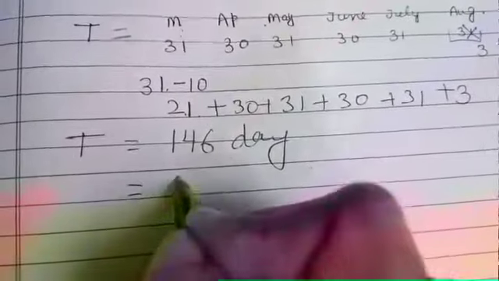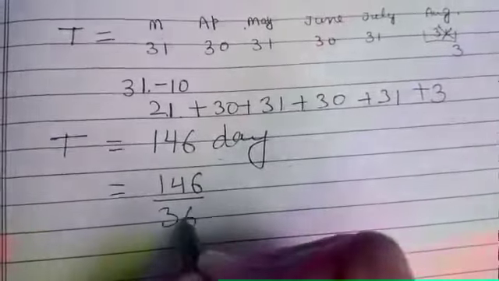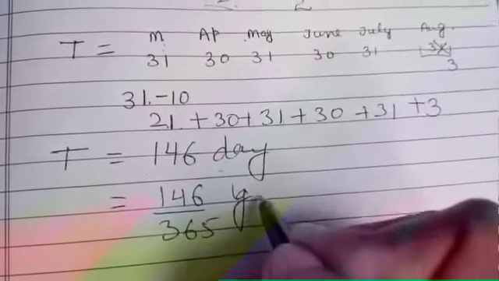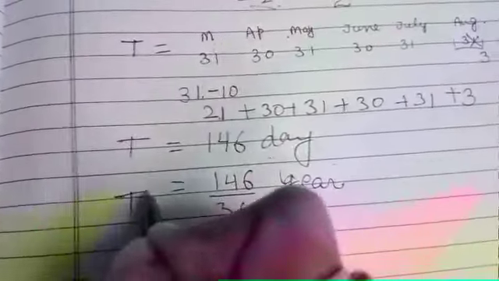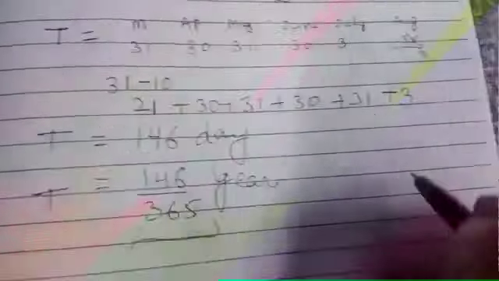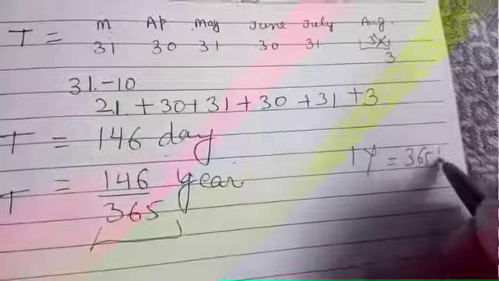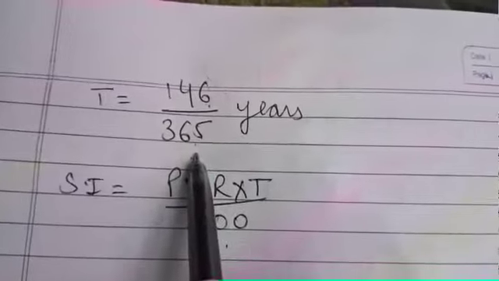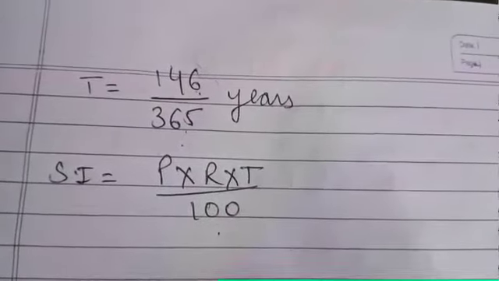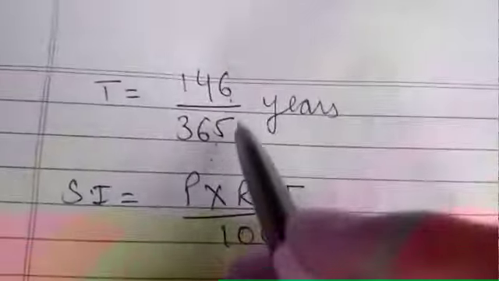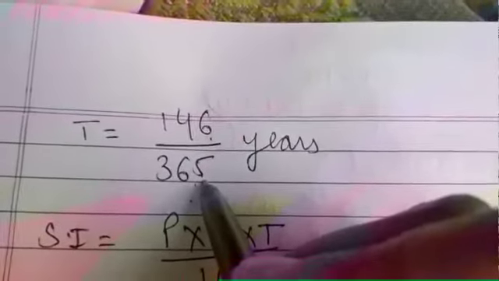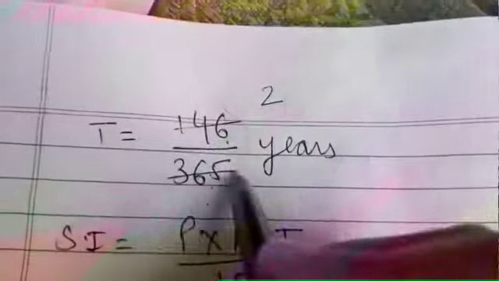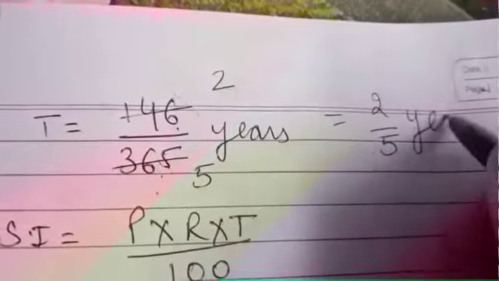We will convert it into years by dividing it by 365. So it will be written in years now. You know why we are dividing it by 365? Because 1 year contains 365 days. Beta, listen, to make it simple, I think we should cancel the numbers here, rather than putting whole values in the simple interest formula, which makes more complication. Now, both can be cancelled with the table of 73. 73 twos are 146, 73 fives are 365. So it becomes 2 over 5 years.